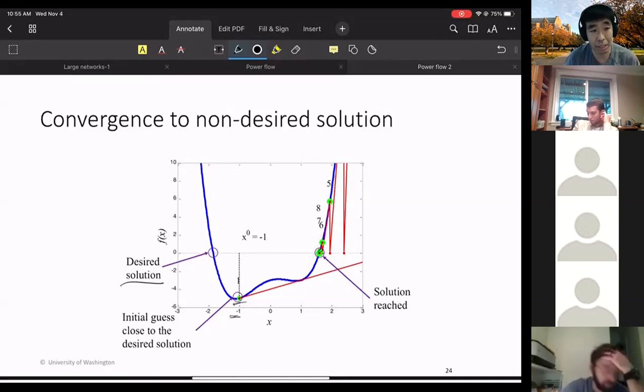And this example shows you that may not be the case. You can deviate a little bit. Depending on how nonlinear the function is, you may go to a completely different region of the sort of solution space. And that's not ideal. Okay. So if you look at this kind of behavior,